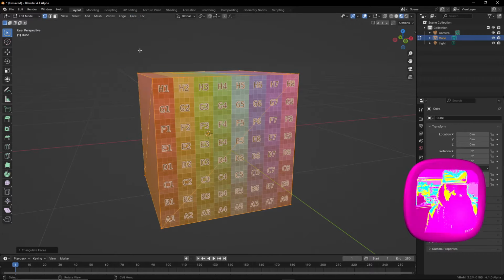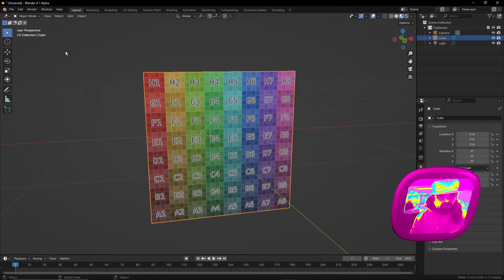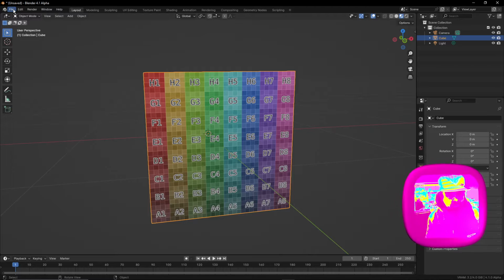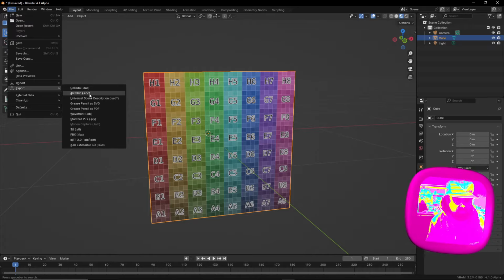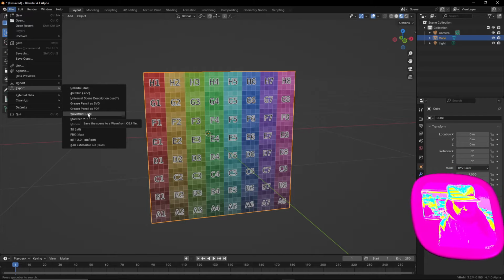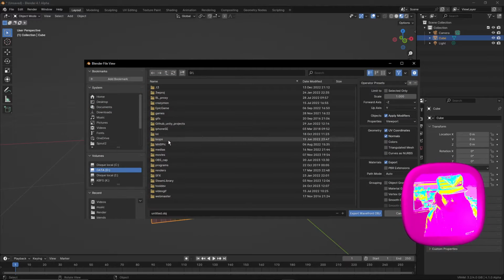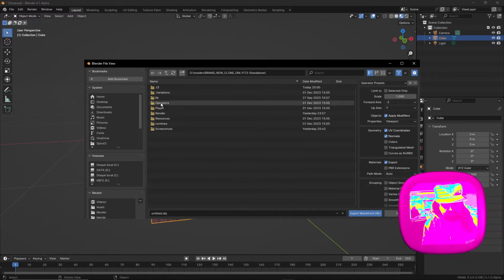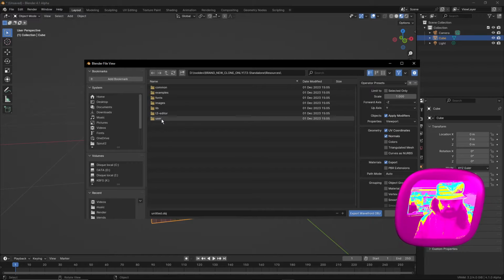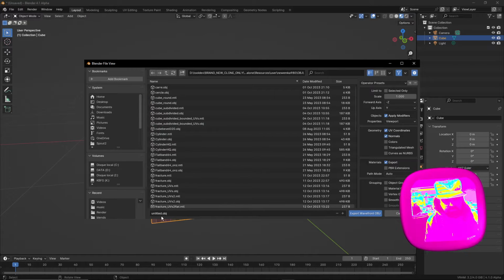Face, triangulate faces. Alright, so now we need to export it. Export as Wavefront OBJ. Let's go to my resource folder, user, new MK, OBJ,